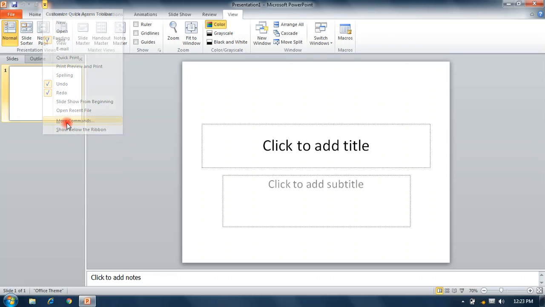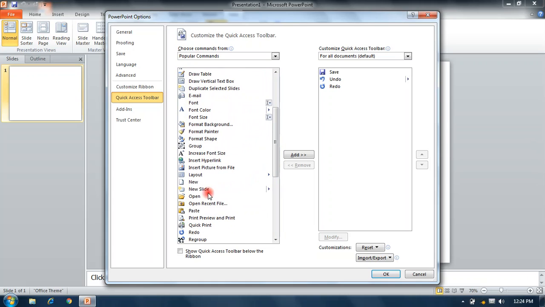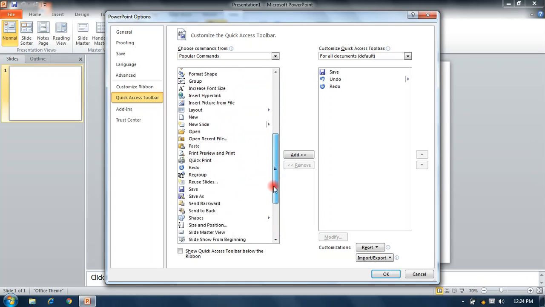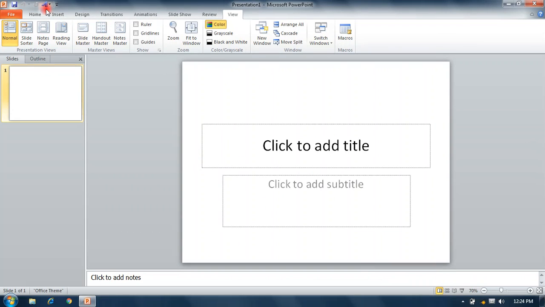This option is used to add to your customization. Like, we can select WordArt, click Add, and click OK. You can see WordArt is added. Okay, now